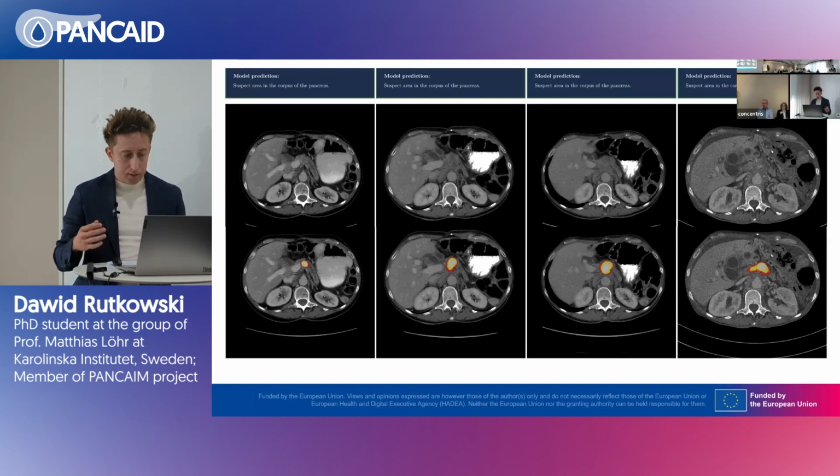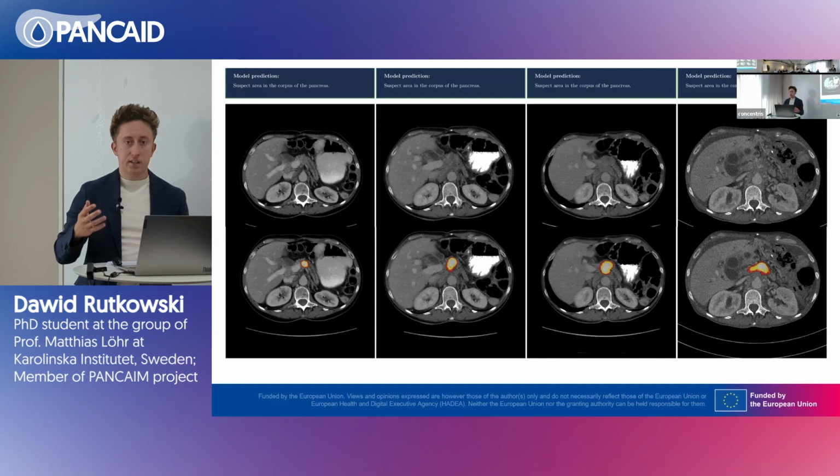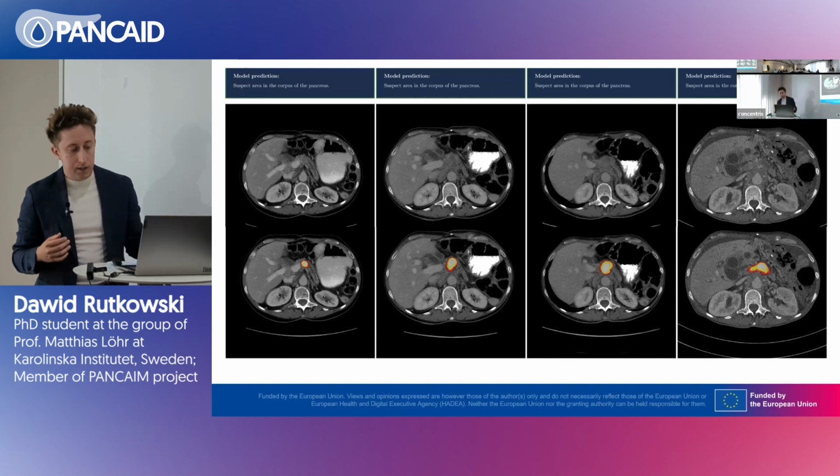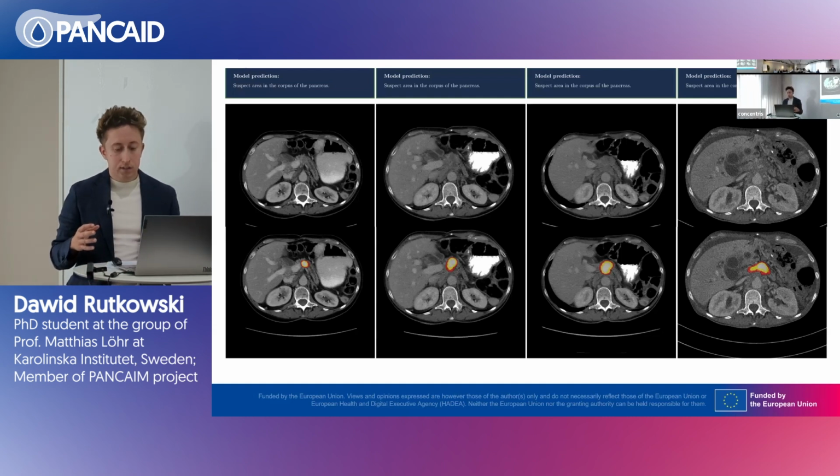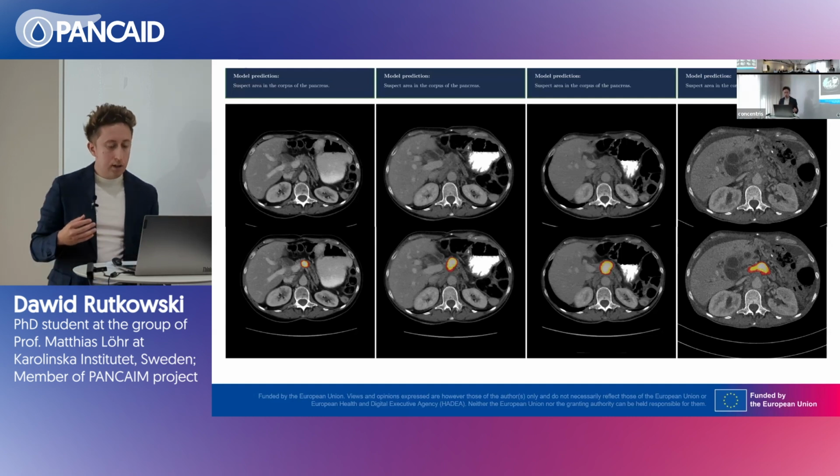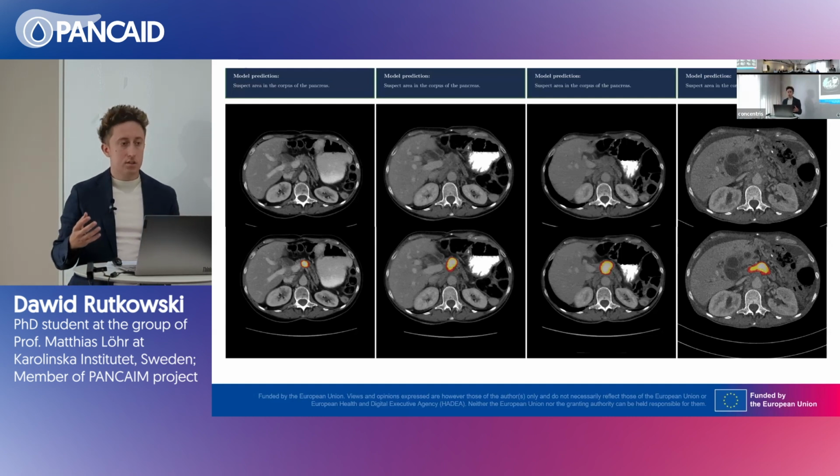Nevertheless, in this case, the disease had already grown too much, it had spread too far, and the patient never became a candidate for surgery. But perhaps the patient could have become a candidate for surgery had the cancer been identified in time. Now, one important thing here is that early detection is the primary goal, but it's not the only goal. And that's something I've personally come to learn during the Pankian project and during my clinical work, that there are more clinical questions that can be answered with AI in imaging.